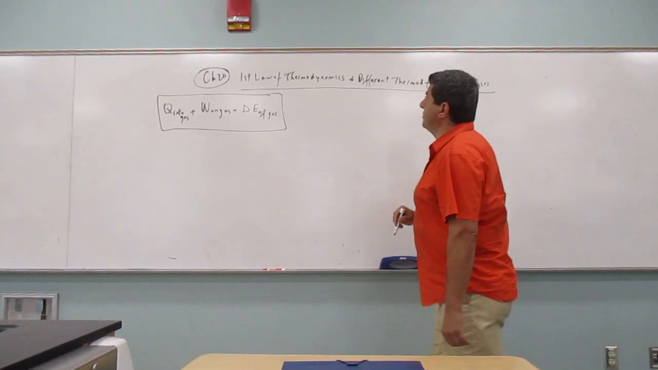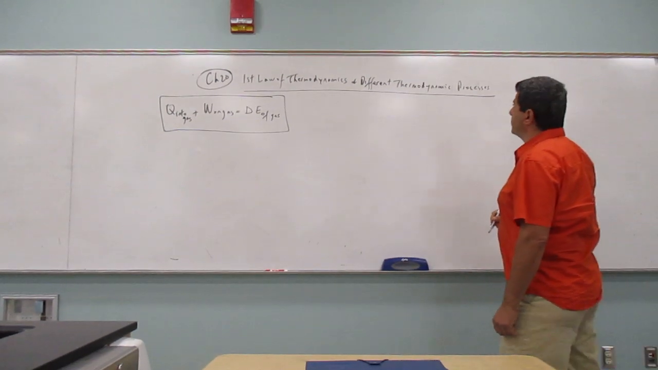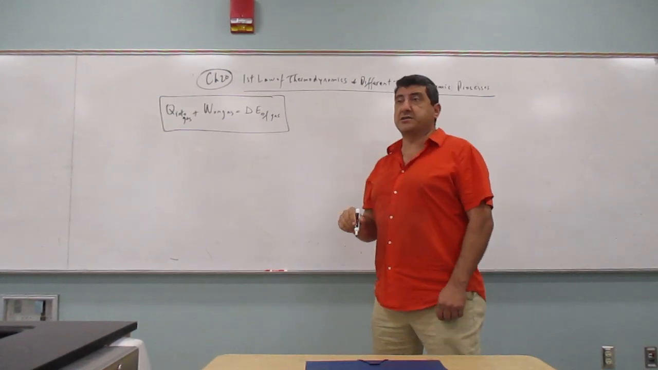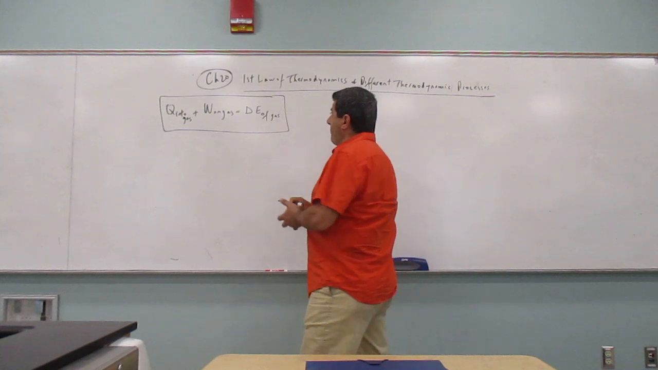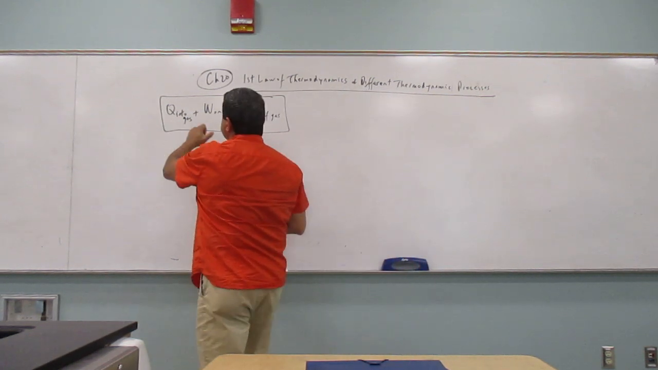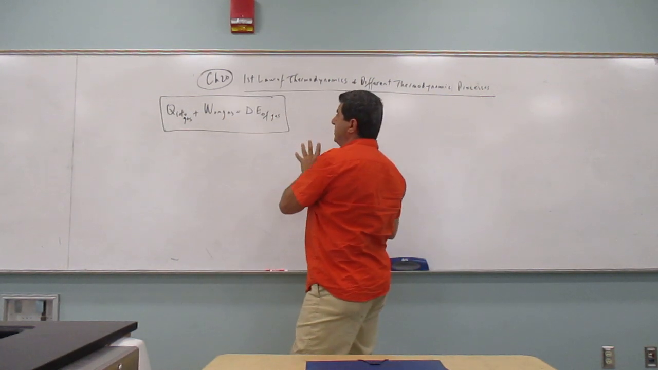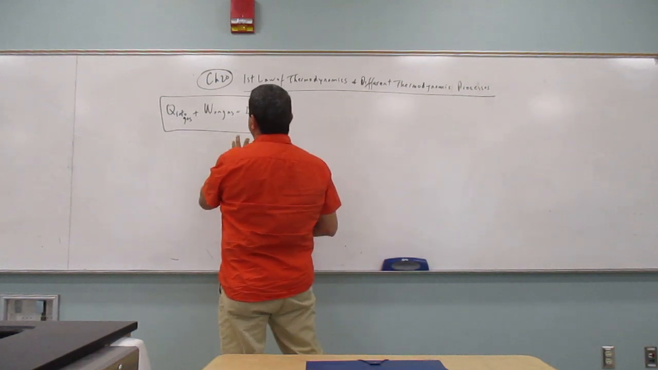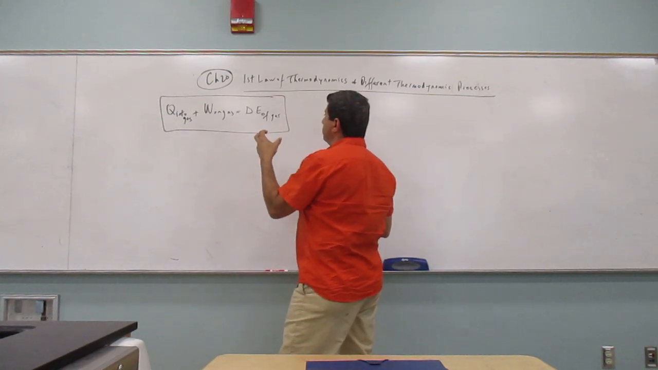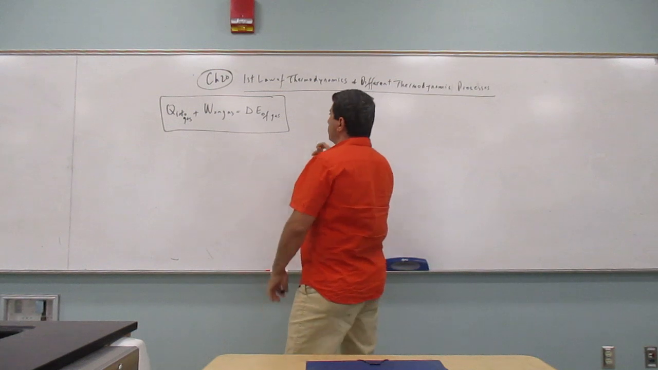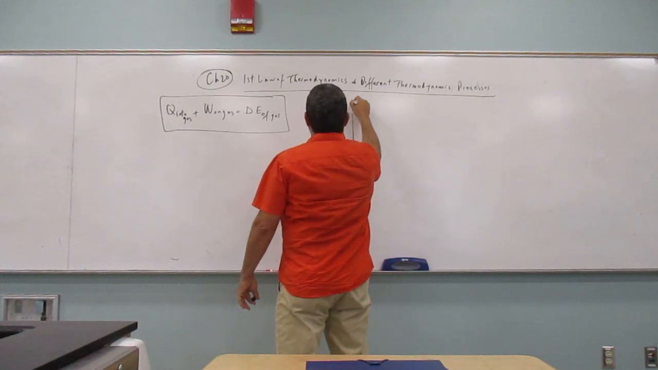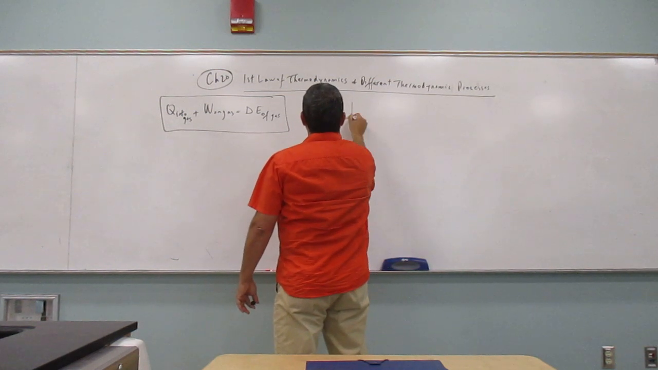Okay, so chapter 20, we start the first law of thermodynamics and different thermodynamic processes. So we're going to apply the first law of thermodynamics that says the heat into the gas plus the work done on the gas is changing the internal energy of the gas. So to visualize that, we think of a piston,